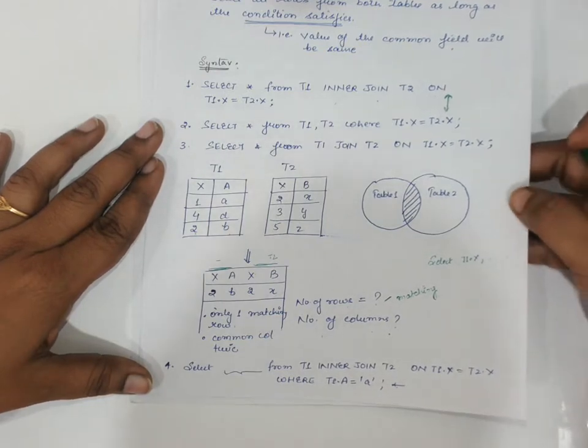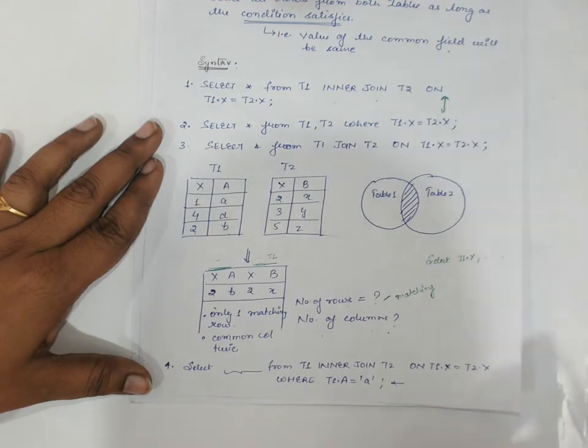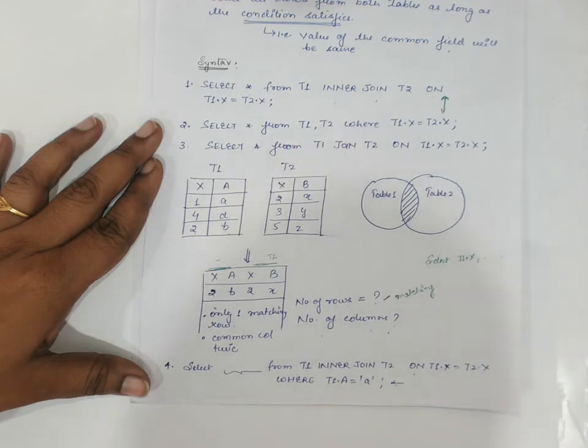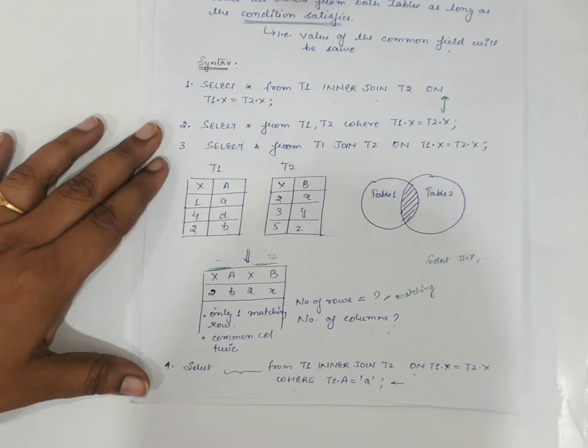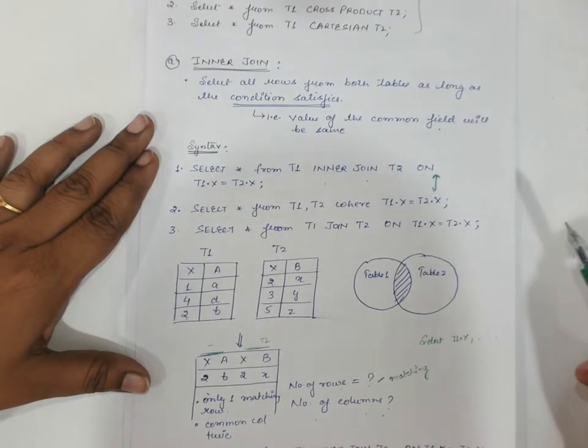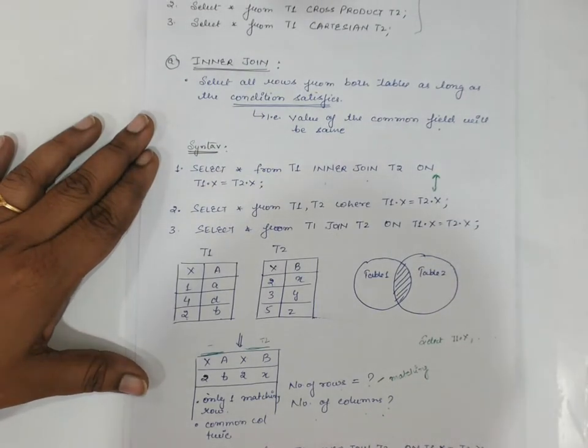You can also put a WHERE clause along with inner join, but when you are going to compute two tables on the basis of the matching column condition, that will be imposed only with the help of the ON operator. And if there are certain other conditions applicable as per the demand of the question, then you can put them with the help of the WHERE clause. So in this way we can perform the inner join. Inner join is simply used for fetching the common tuples from both tables, satisfying the matching column conditions.